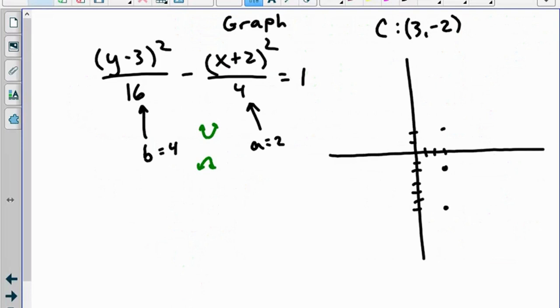Okay. Now, actually, those are only vertices if it opens in the y direction, and in this case, it just so happens to open in the y direction. But these are our vertices. The covertices are always the ones that don't include the hyperbola. So that's a big difference from ellipses. Vertices in ellipses were always the longer ones, and covertices were the shorter ones. In a hyperbola, the vertices are always the ones that include the hyperbola, and the covertices are the ones that don't. So in this case,